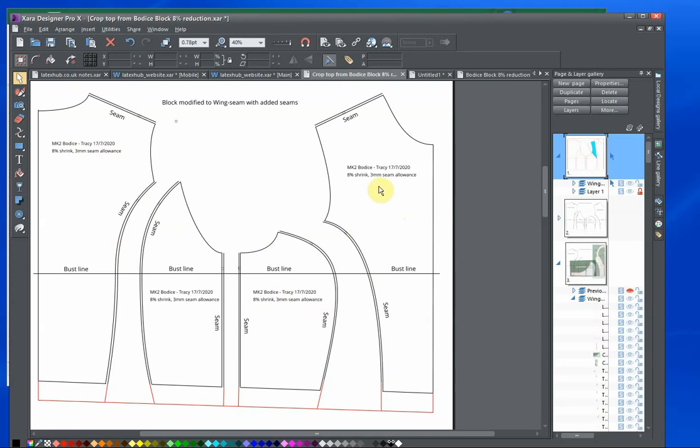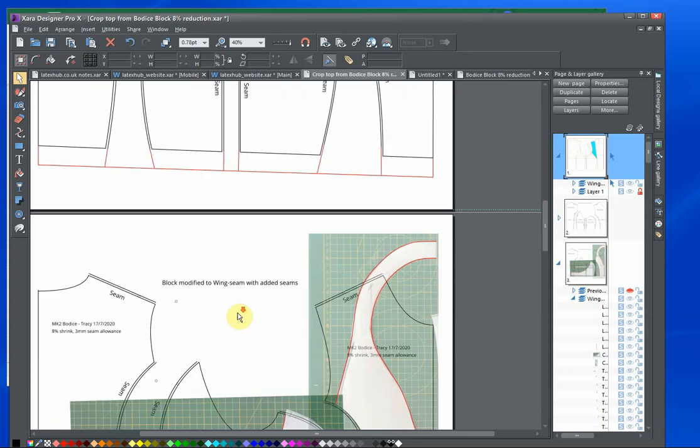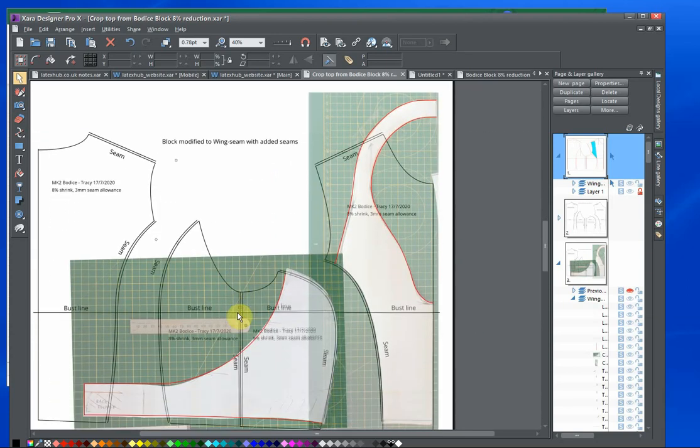Well, you know this fits, so you can use that to work off. You can modify it because you know it fits. So for example, this is the front panel. You know the seam's here, so you can do anything you like to this. You can change the neckline and so on. So what we've done is to produce a crop top